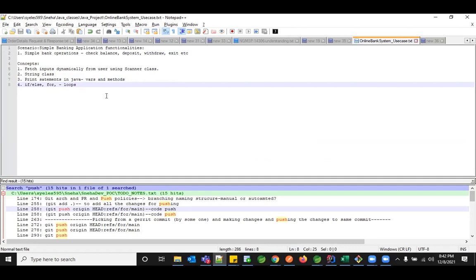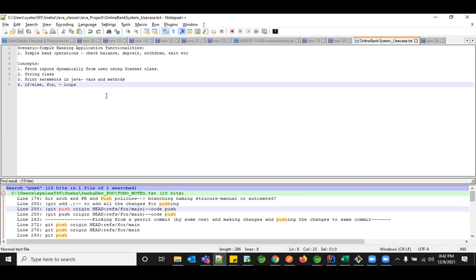Yes, Neha. Okay. So we are going to create a very simple application, but we don't have any UI right now. We are going to check our output through the console using the concepts we have learned. The first thing: if you go to an ATM, you insert your ATM card, and it asks for your PIN. Post that, it gives you multiple options to withdraw, deposit, or check your balance. If you're not interested in any option, you can just exit and take your card and come out. Basically the same thing we're trying to replicate, doing some kind of operations.